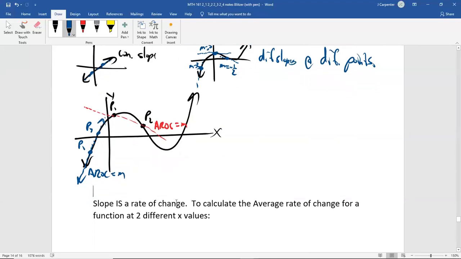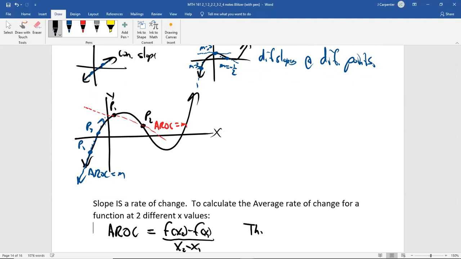So slope is a rate of change, as we talked about, and the average rate of change formula for a function at 2 different x values is, so we're going to go AROC for average rate of change, f of x2 minus f of x1 divided by x2 minus x1. This is literally the slope formula. 3 exclamation marks. This is not a new formula. It is just the slope